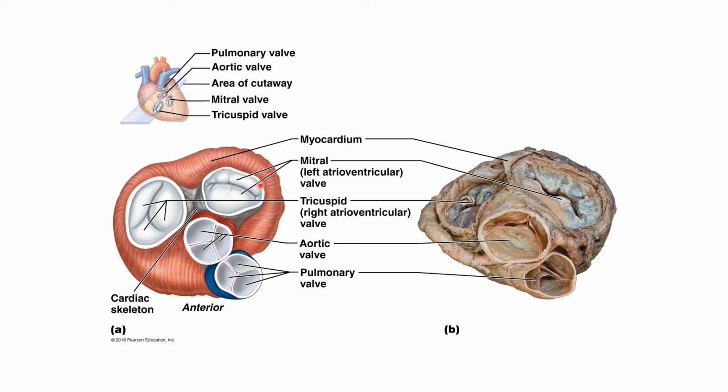And this diagram here shows us these valves in their closed position. So when these valves are closed, these flaps of tissue are coming together so that their flaps are touching each other and they're closing the opening. So I just wanted to show you this because you can really visualize what a closed valve looks like. Now, when the valve is open, these flaps are basically going to be hanging down, and they're basically getting out of the way of the opening and allowing for the passage of blood.